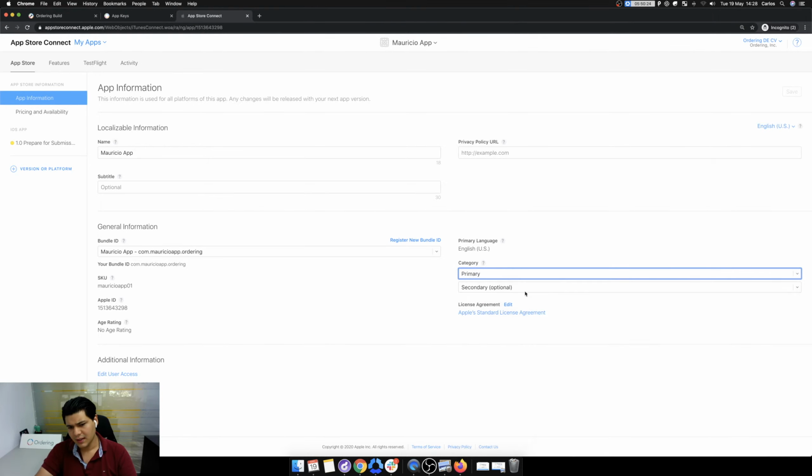Here you also set the categories, which is where the app is going to show in the App Store. Here in the categories section, apps, games. Right now we're in games, and we can jump into something else, like the app of the day or utilities and stuff. So you have to get that set up here.